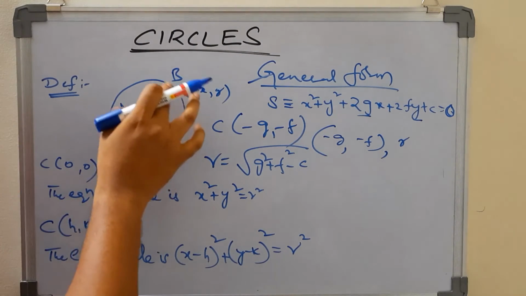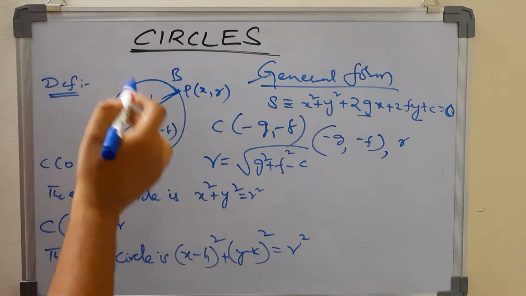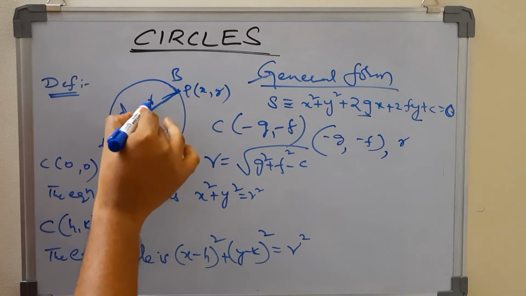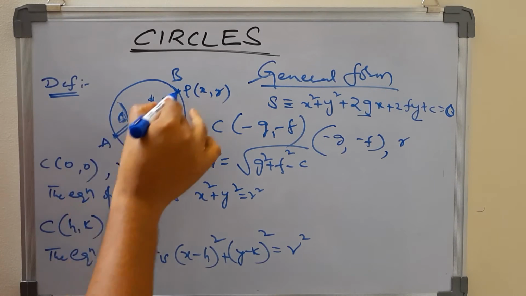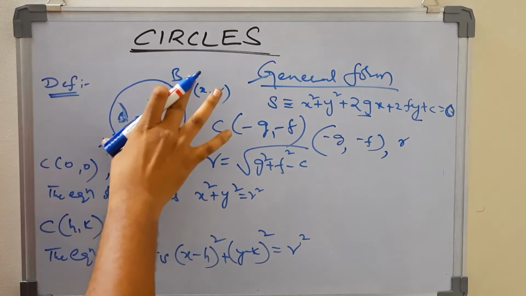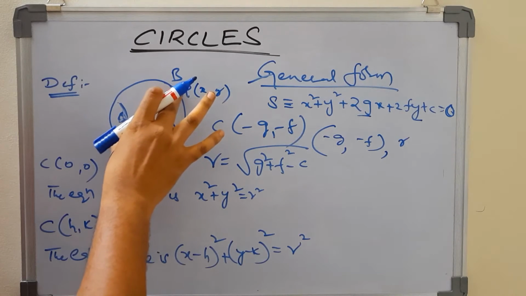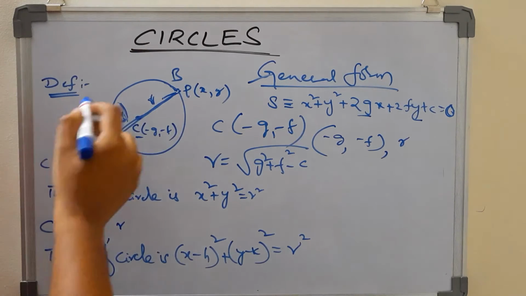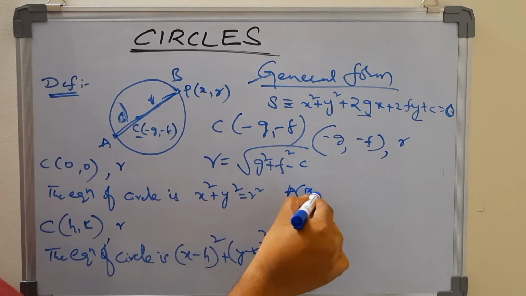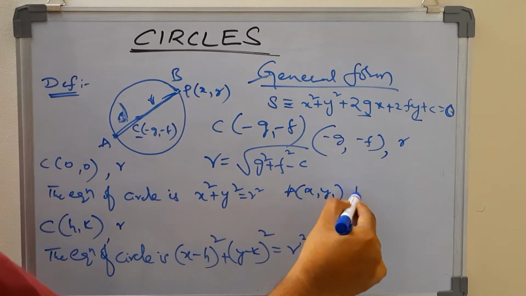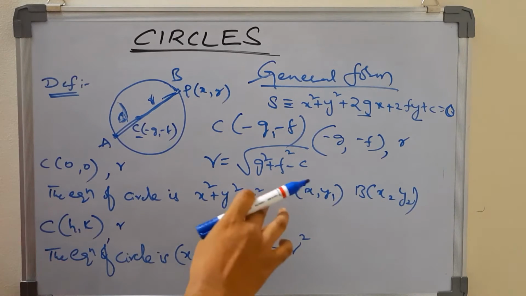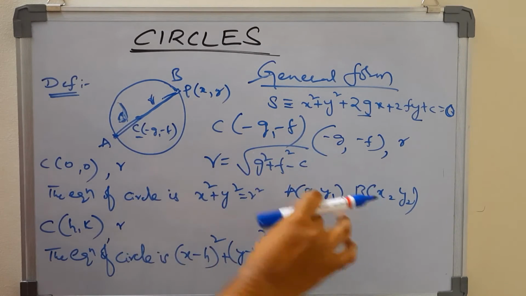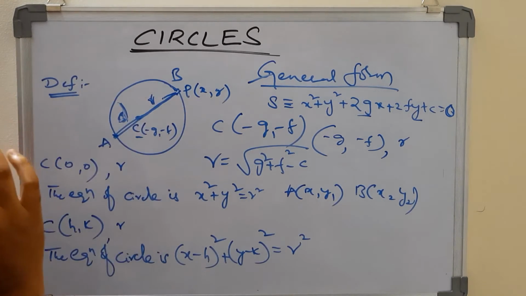Yeah, we already know this is a circle, right? This is the center and this is the radius. This total one is diameter. We can call these A and B extremities of the diameter of the circle, right? Whenever we know, suppose consider A(x1, y1), B(x2, y2), as extremities of the diameter AB.